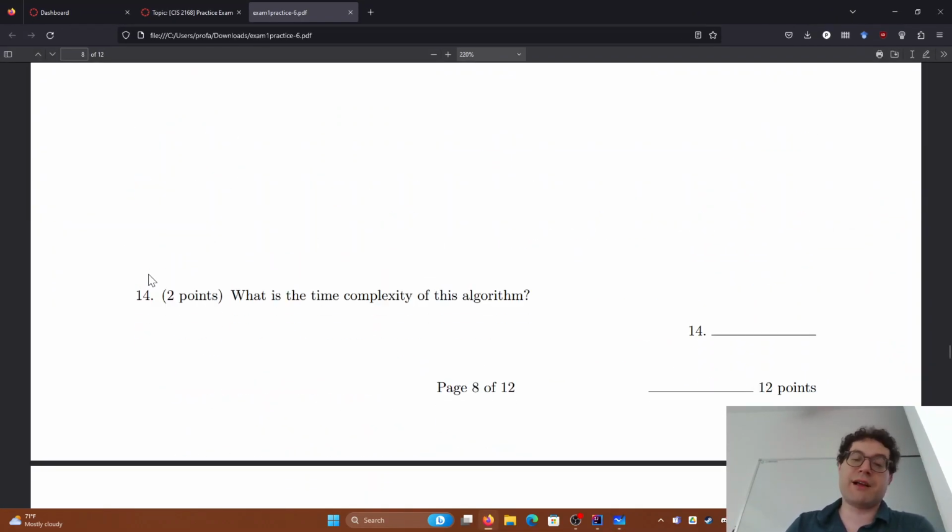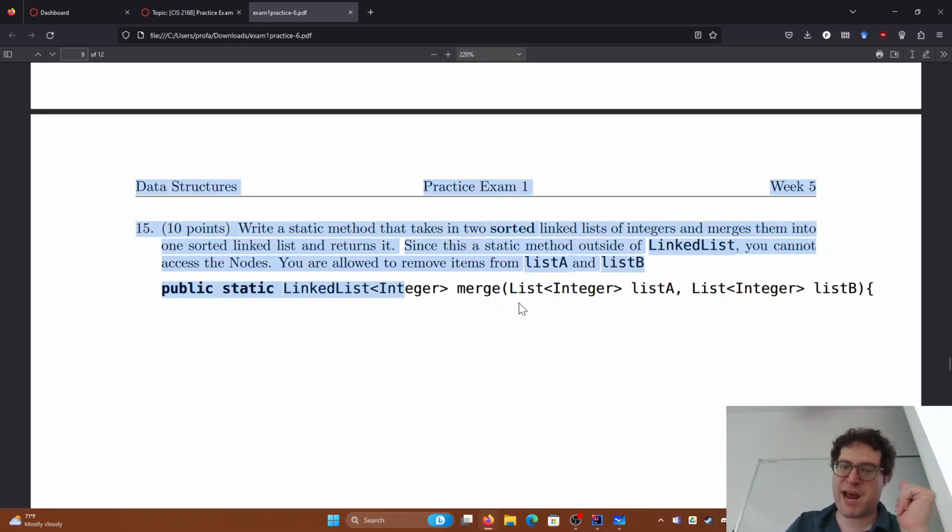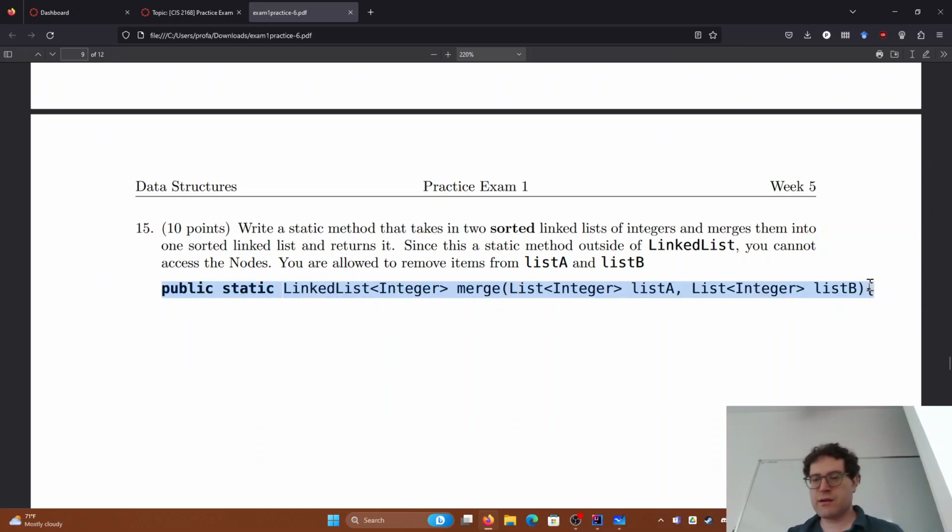What is the time complexity of the algorithm we just wrote? Well, we're checking every node once. There's n nodes, so this takes O of n time, since each check takes constant time, a constant number of operations. Now this is what's great. It is a static method. So I'm going to actually do this and use this in